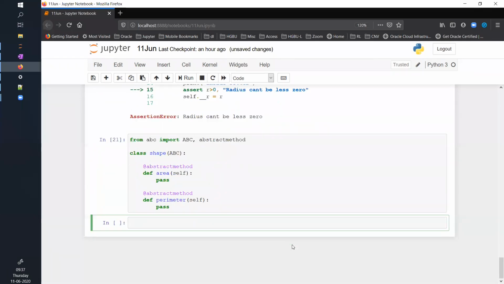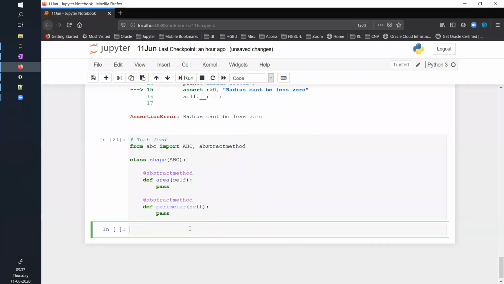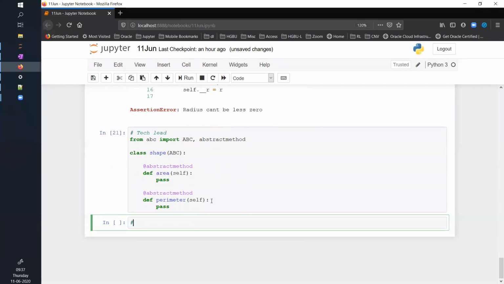No implementation, right? This is developed by your tech lead. Just assume that as a developer 1, you are creating a shape class.